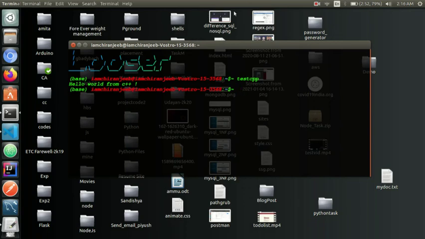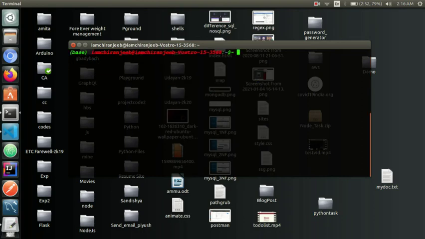See, we can see this has become a command line for our Linux OS, and this prints hello world from C++. Guys, using this trick you can make your own Linux command using C++, and in the next video I will show you how to make Linux commands using Python, Perl or Ruby.